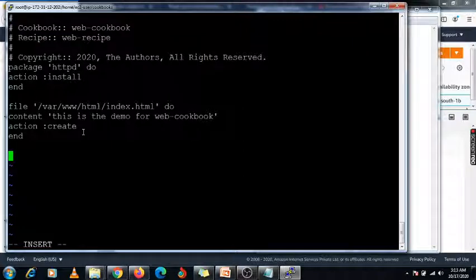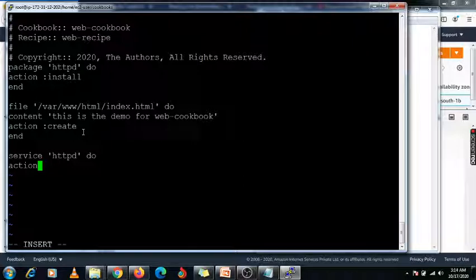How can it be started? You need to specify it using the service attribute, service, double inverted comma, or you can use single inverted comma, right? Then httpd, this is the service name I want to start. Service, and here you need to mention the action.